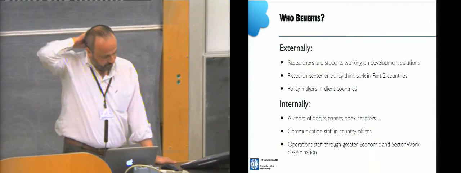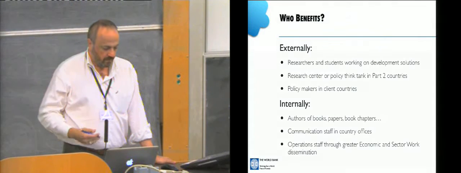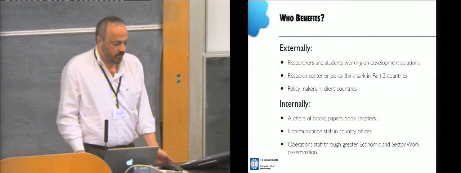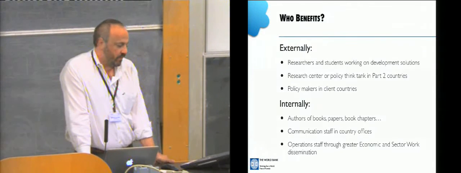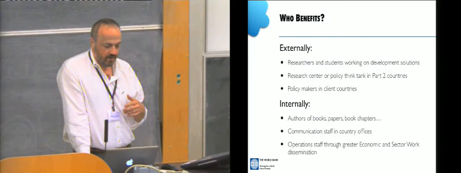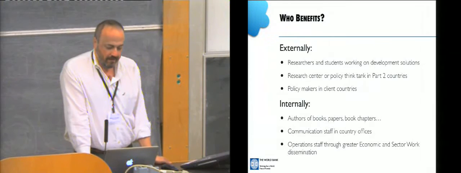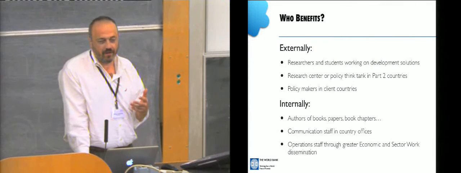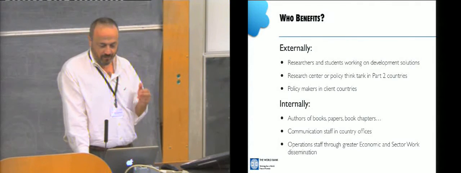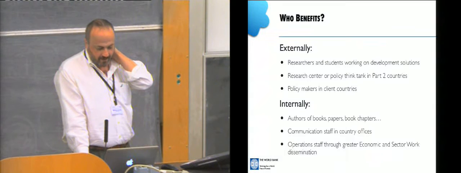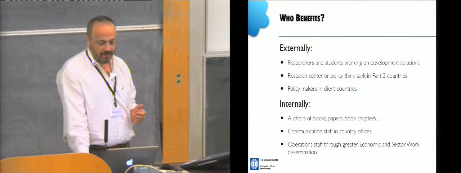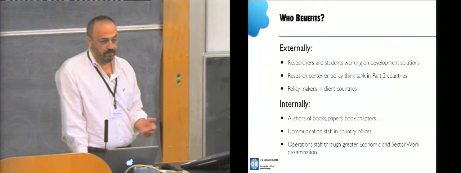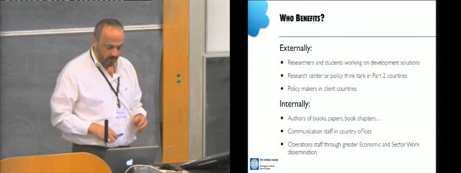I'm going to explain a term here. We wanted to make our content as widely available as possible. We want it available to researchers and students, policy think tanks, policy makers. Here's the term: Part 2 countries, and that's World Bank parlance, I'm afraid. I will explain, you're in a world that's full of acronyms, it seems, from yesterday. Part 1 countries within the bank are countries that donate, that provide donations. And Part 2 countries are countries that we lend to, and ostensibly they're the developing world countries.